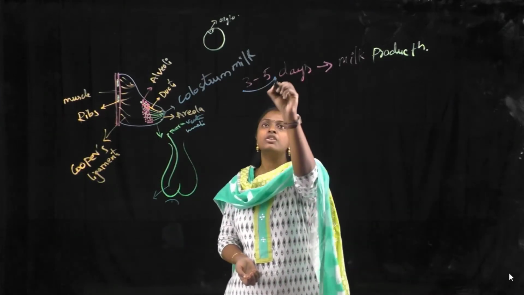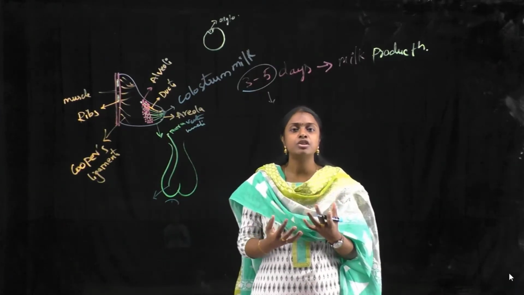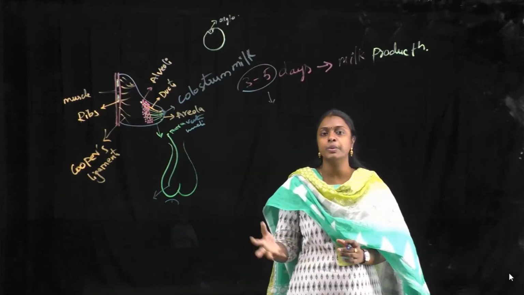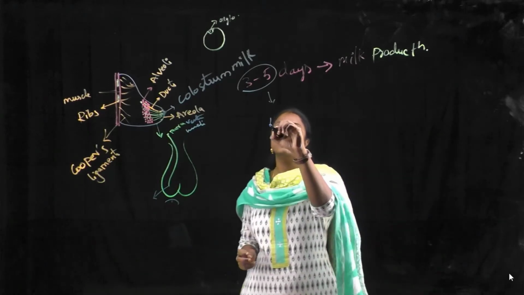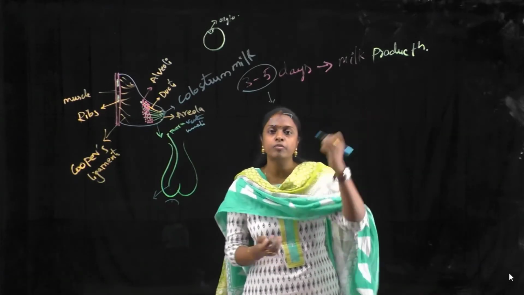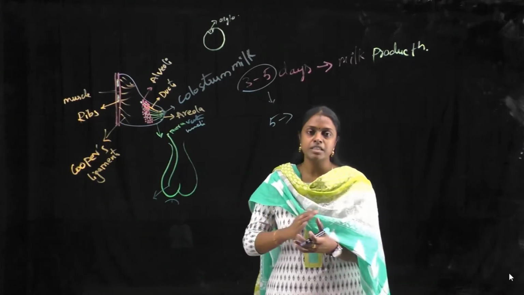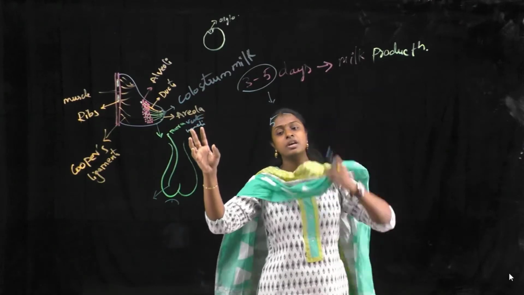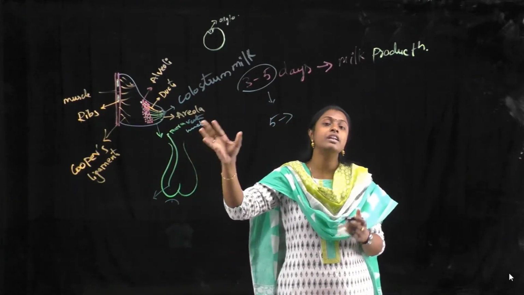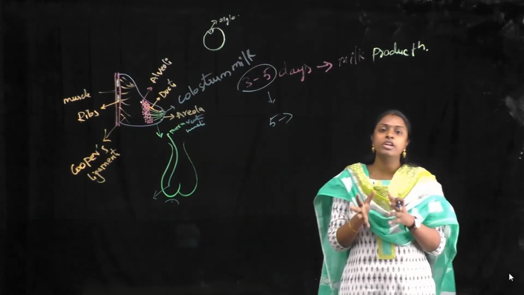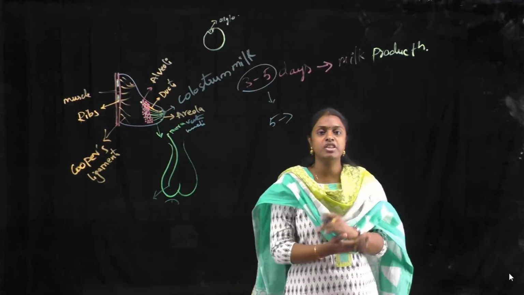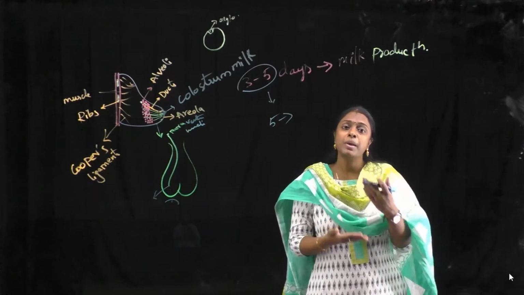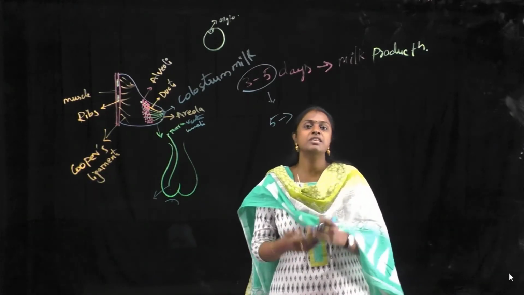So within these 3 to 5 days, babies start to lose weight because they are not drinking proper milk. But after 5 days, when they start to drink milk, they will put on weight because mother's milk consists of so many proteins, fats and nutrients. These neurons not only get activated when the baby is sucking, but also by psychogenic stimulation. What is this psychogenic stimulation? If the mother hears any baby's cry, she will remember the baby and she will start milking.